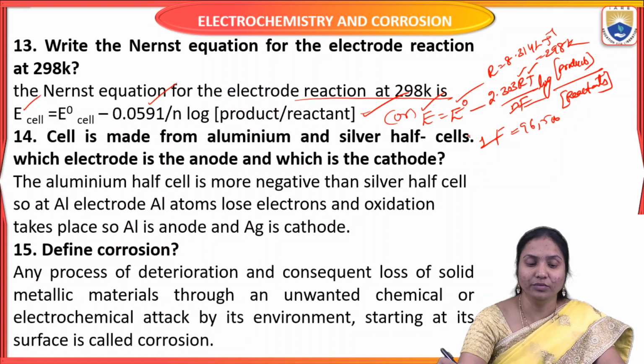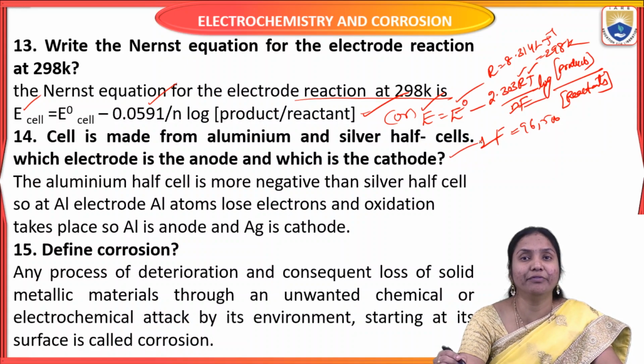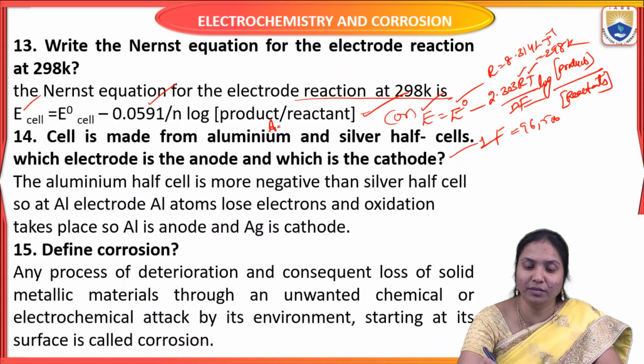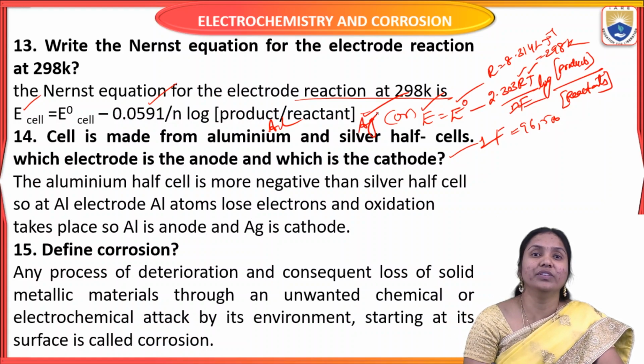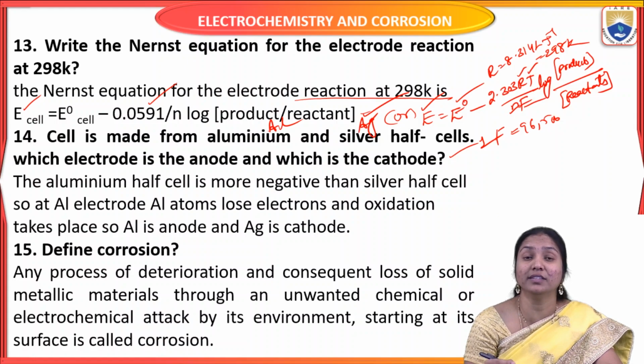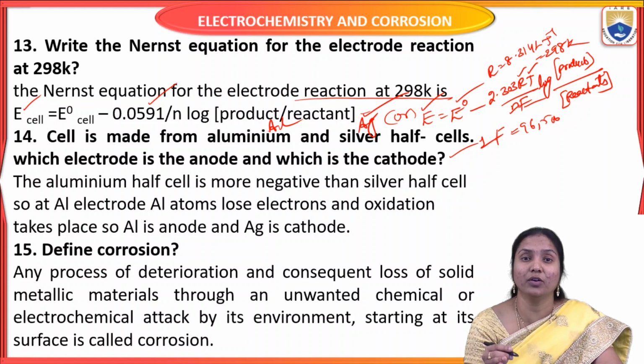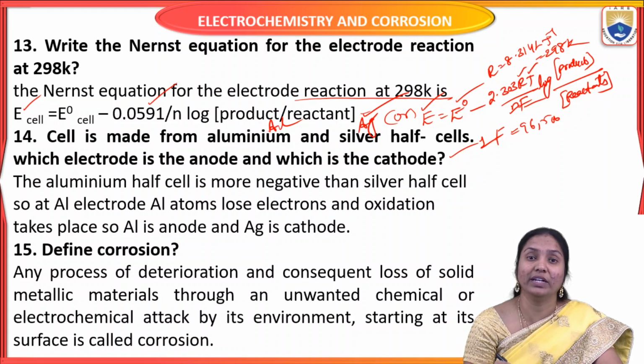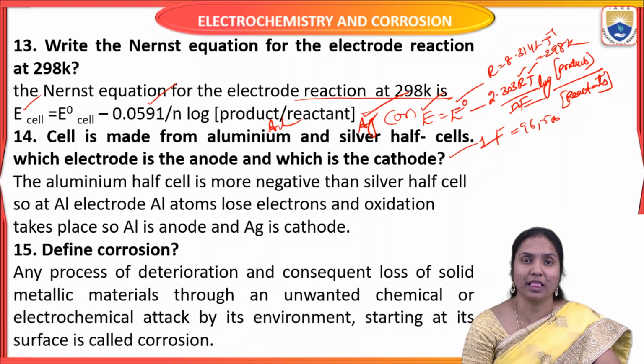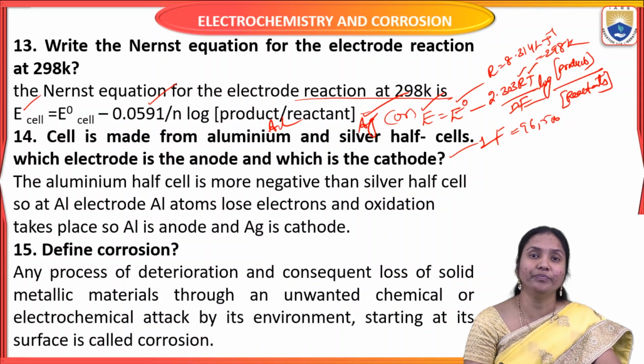So now let's discuss a cell made from aluminum and silver half cells. Which electrode is the anode and which is the cathode? In a cell reaction, it consists of one anode and one cathode. So compulsorily two electrodes are present, one acts as anode and the other acts as cathode. So in the given cell made from aluminum and silver half cells,